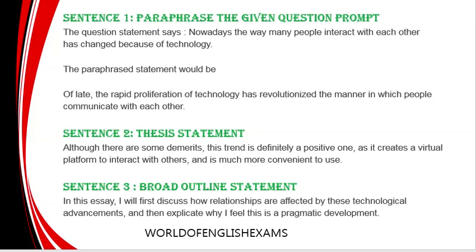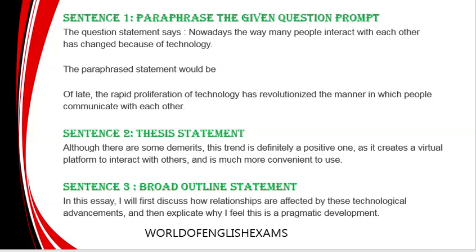Now what is the question? Nowadays, the way many people interact with each other has changed because of technology. So now how would I paraphrase it? Of late. Of late is the synonym for nowadays. The rapid proliferation, that is the drastic improvement, development of technology, has revolutionized the manner in which people communicate with